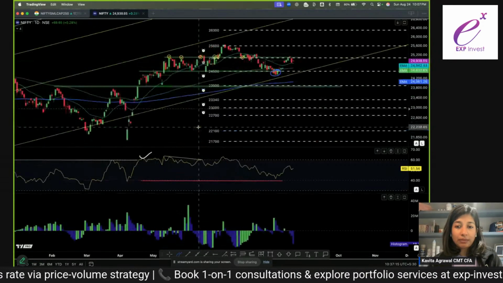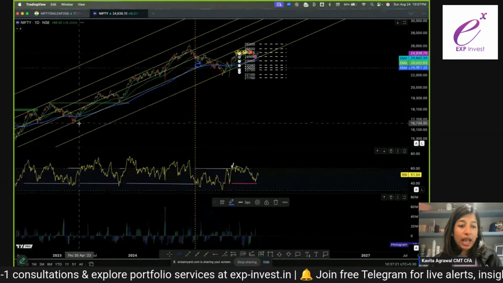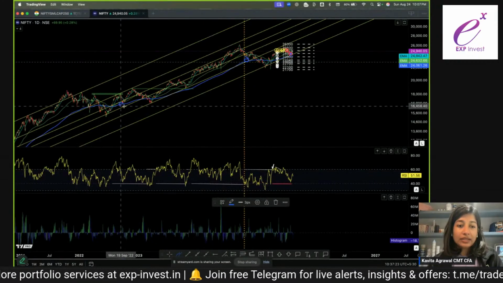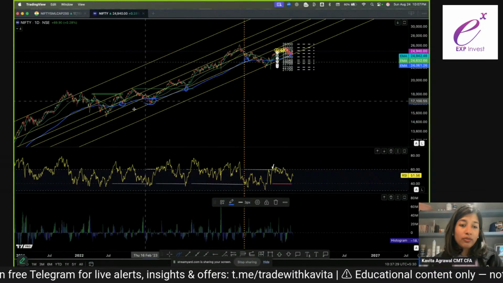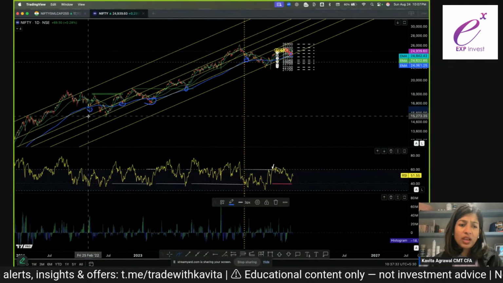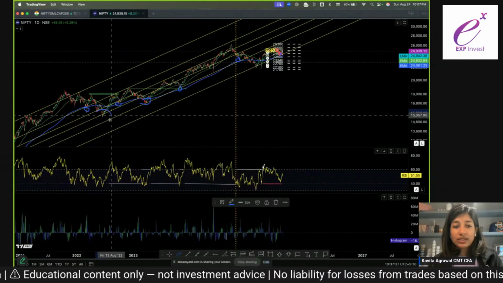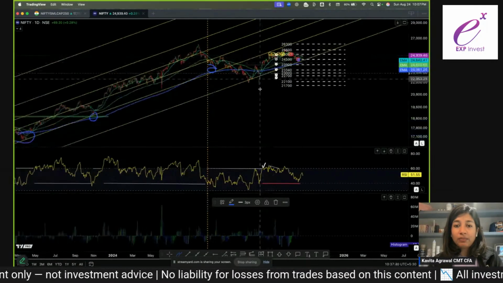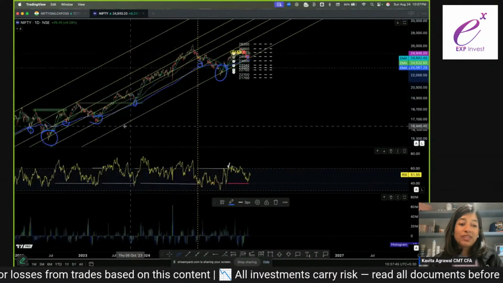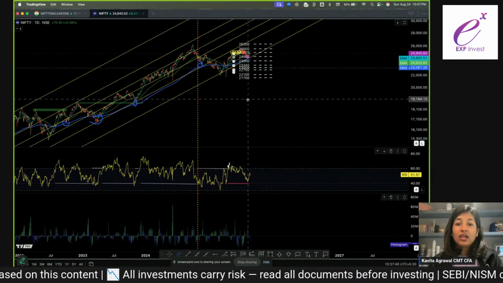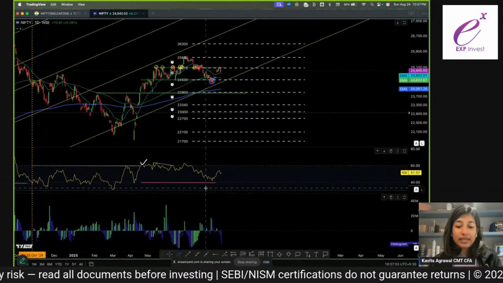It is a 250 EMA line. And in the past, if you see multiple times, this 250 EMA line has acted as support for the market. A lot of times it's also been broken, like for instance here. But even when it is breached, the market doesn't go very far beyond it, except for this exception. We don't see the 250 EMA getting breached, especially not very frequently. So I would expect the 250 EMA to continue to be support here. So that's the daily time frame.